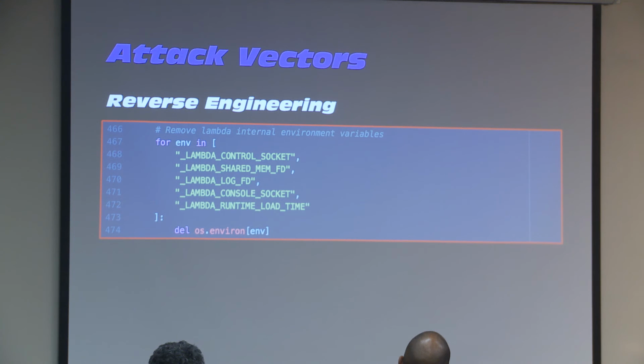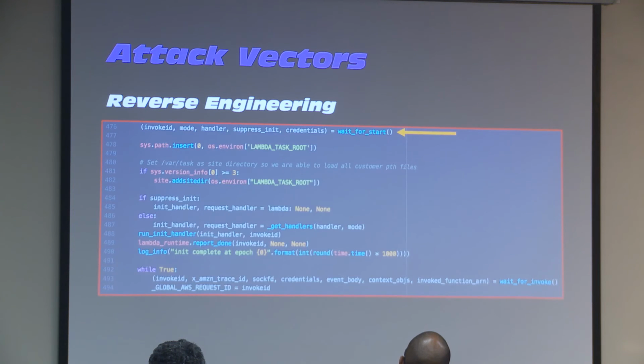So again, trying to get some ideas about how we might be able to actually capture those before our code is executed. But Lambda control socket, shared mem FD file descriptor presumably, control socket, or runtime load time, a number of interestingly named variables that I would really like to get my hands on.